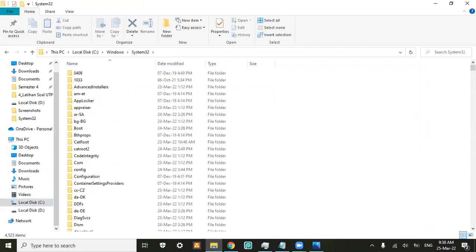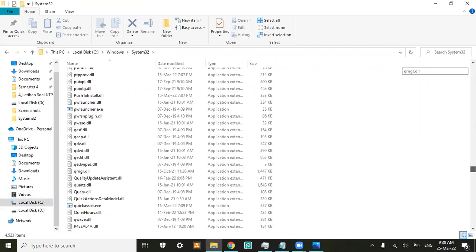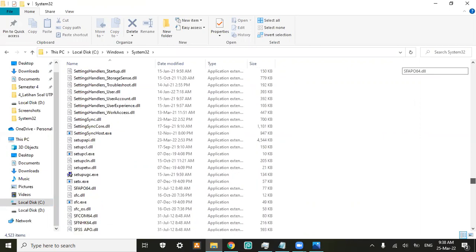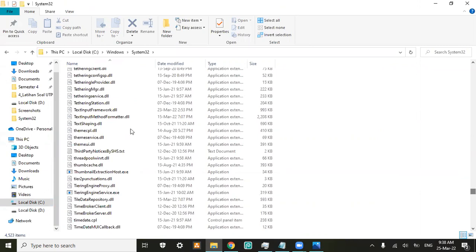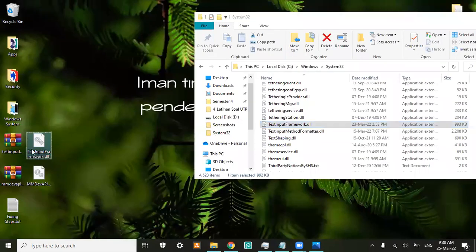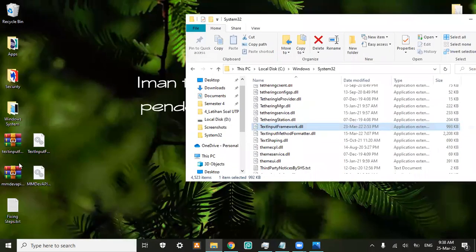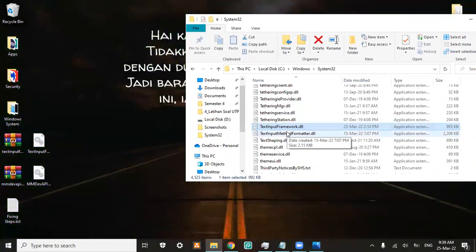I want to replace it in this folder, or you could delete the old one and copy and paste the file that you downloaded. But when I tried it, it could not be done because this file is still used by another program, and I don't know what program it is. So I can't do the first one.